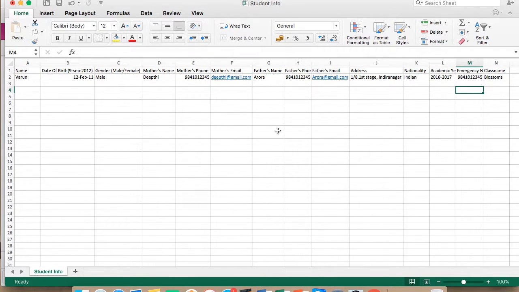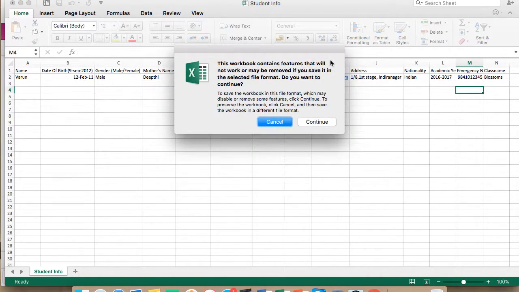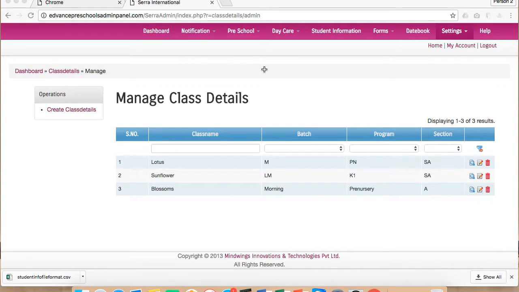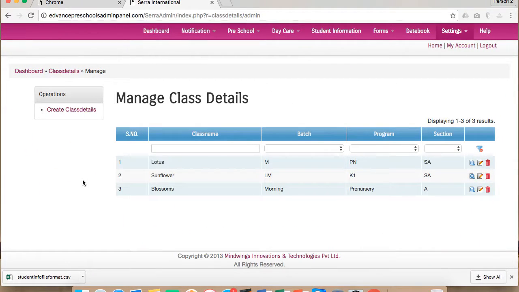I am using Mac system for this demo. If you are using Windows, the warning message will be slightly different. So all you need to ensure is you should save the file in .csv format. Otherwise the system will reject the upload. Now try to close. Again click on save. Click on continue. It's there in the desktop. So now we will try to